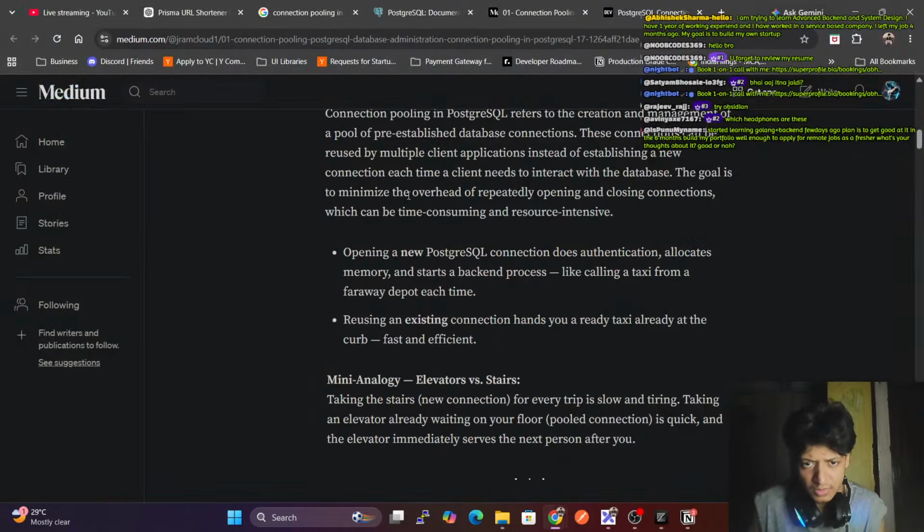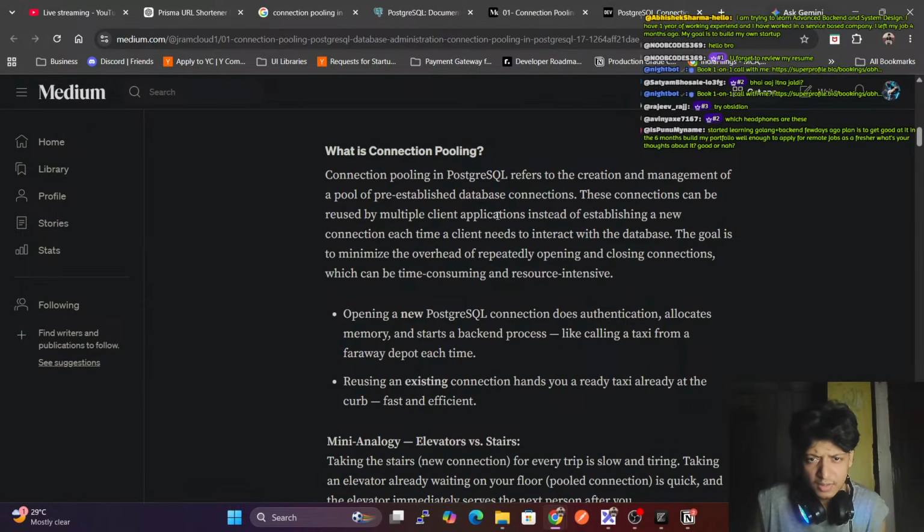Let's read more. These connections can be reused by multiple client applications instead of